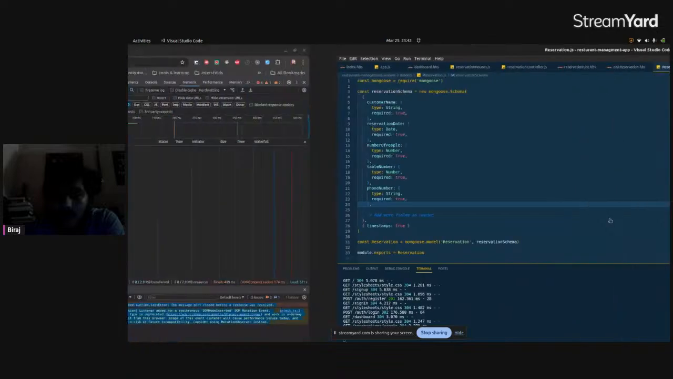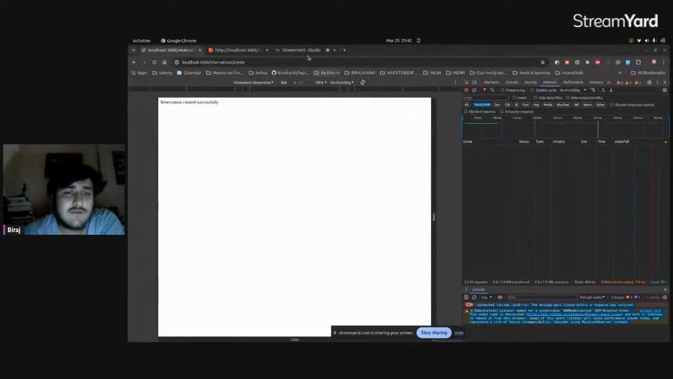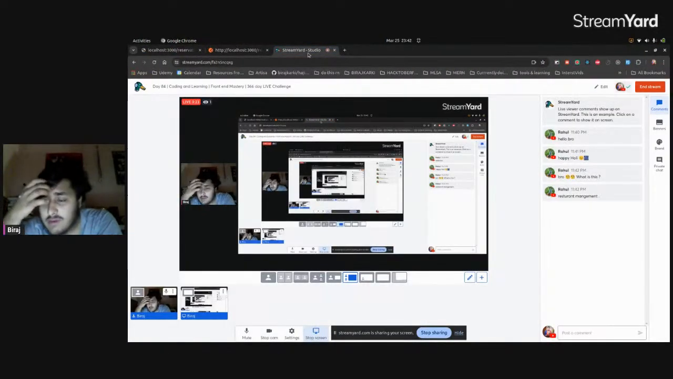I'm working on this kind of templating engine after so much time, because I was always doing